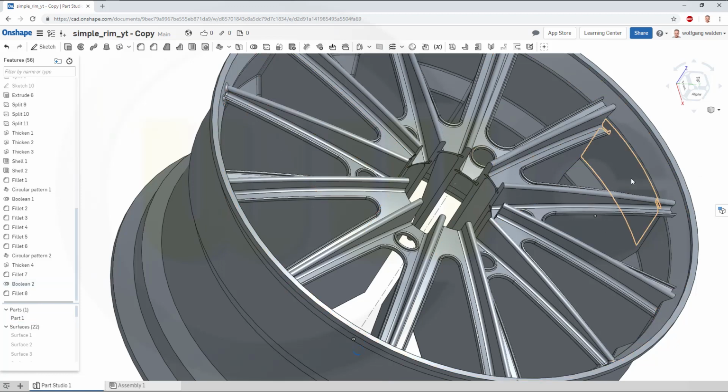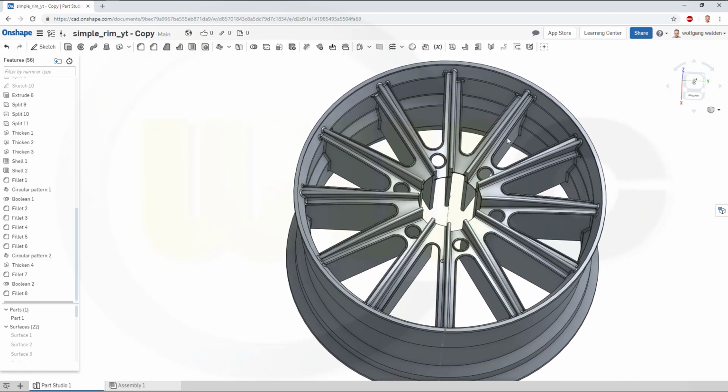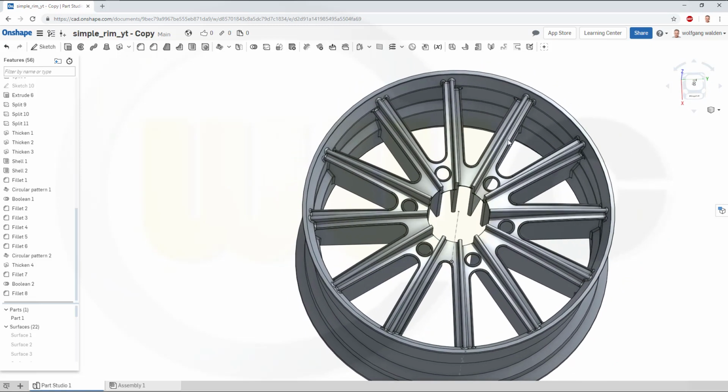Just confirm and see. Yeah, pretty good. Now for my centerpiece,